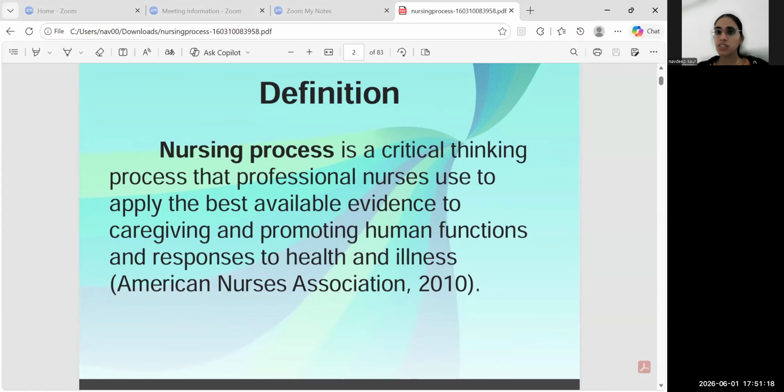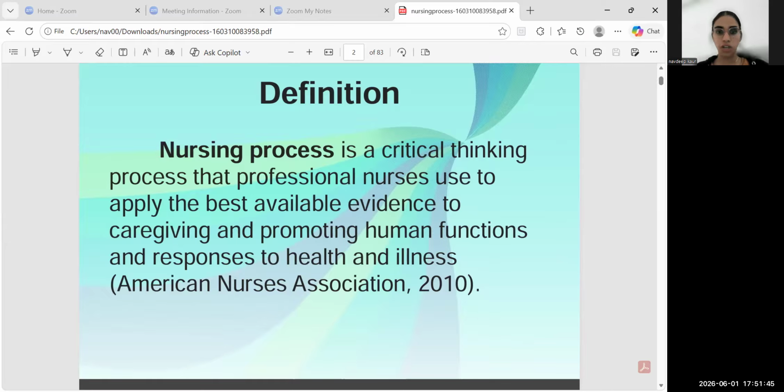So, nursing process is a critical thinking process that professional nurses use to apply the best available evidence to caregiving and promoting human functions and responses to health and illness. And for every process, there are different steps. For nurses, also, there are some steps so that we can follow those steps and provide the best care to